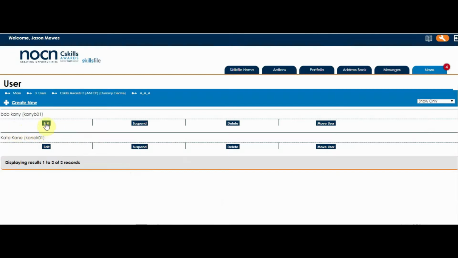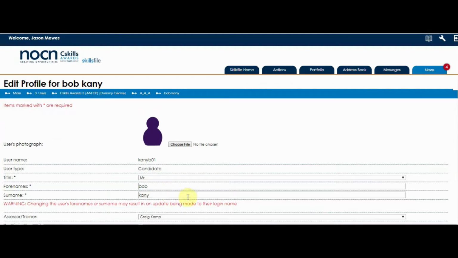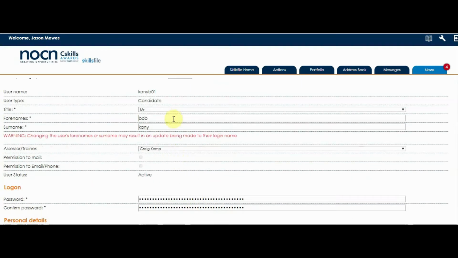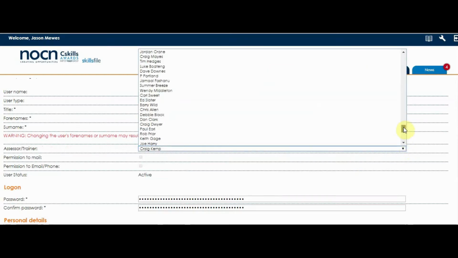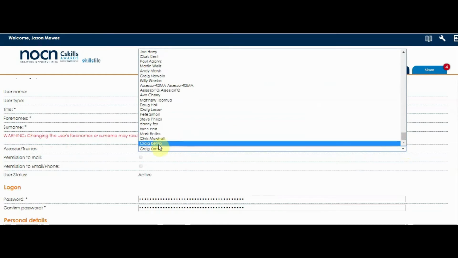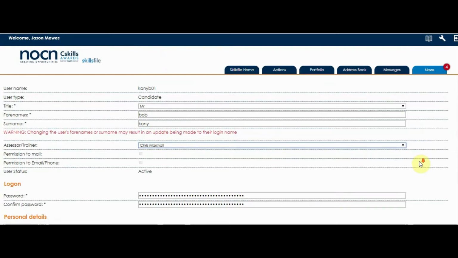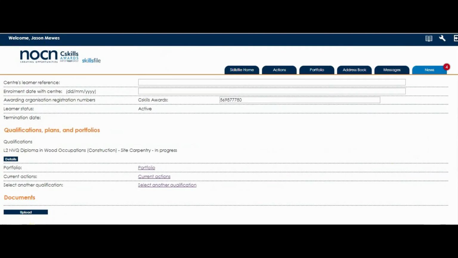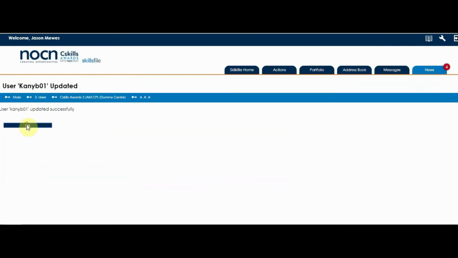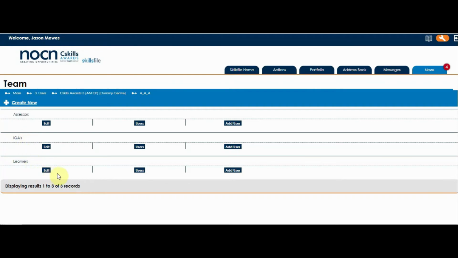Now, if I needed to change who his assessor is, I will click edit, and you'll see there just below his name it says assessor trainer. I would select that, and again there's lots of assessors because this is a test center, and I could change who his assessor is. I'll just scroll down, and underneath upload there is a save button. Click save, click OK. He's now under a different assessor,